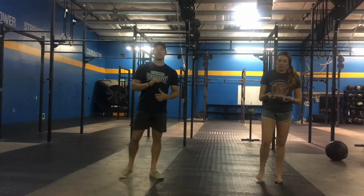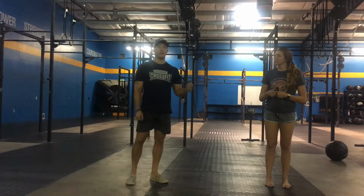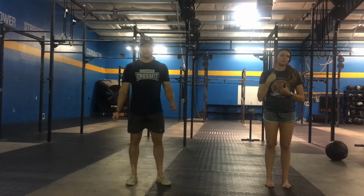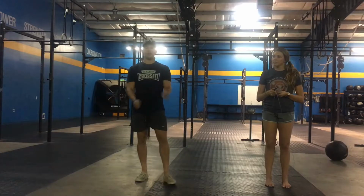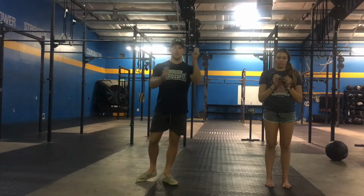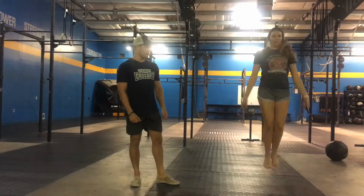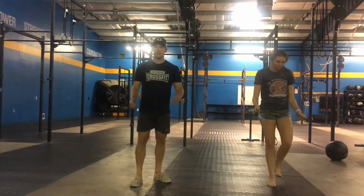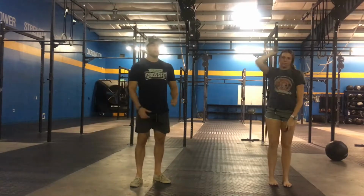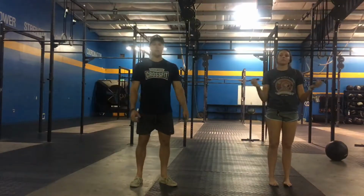So another thing that we can do in order to improve our coordination to advance even further after she feels like she is comfortable jumping on one foot is trying to cross the rope, going from a regular jump rope into crossing her arms and keeping that rhythm going. So this will challenge her timing more. It'll challenge her feet and her hands to be able to keep that timing and that coordination as she goes